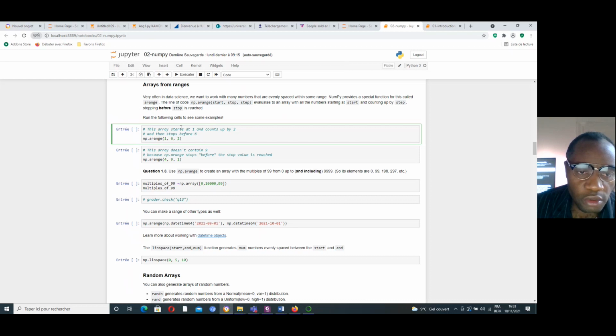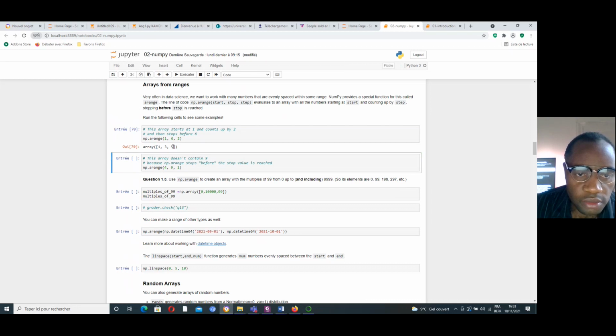The index of the first number is 0, and 0 corresponds to 1. What is the value of the second number? The second number is 1 plus 2, which is 3. What is the value of the third number? The third number is 3 plus 2, which is 5. Let us execute this one.